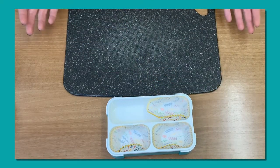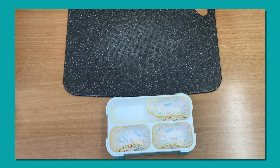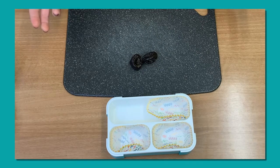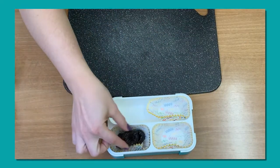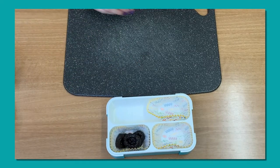But he comes across some plums. We don't have plums, but we were able to find some really good prunes, which are like dried plums. So we're gonna put those first in our bento box. So we're gonna put 1, 2, 3. And then he comes across